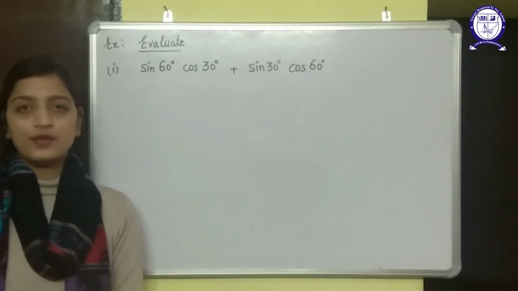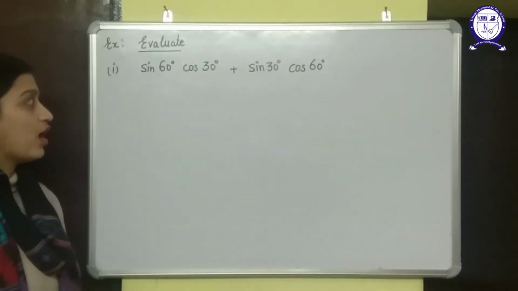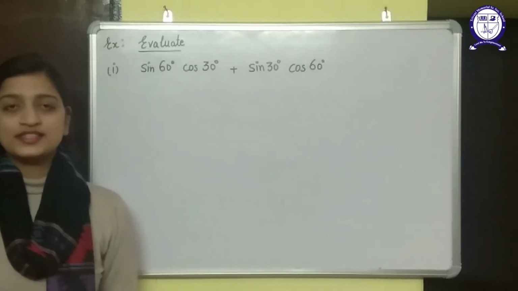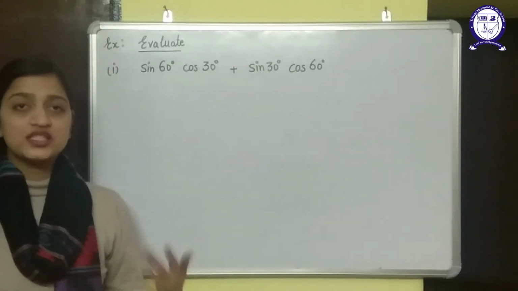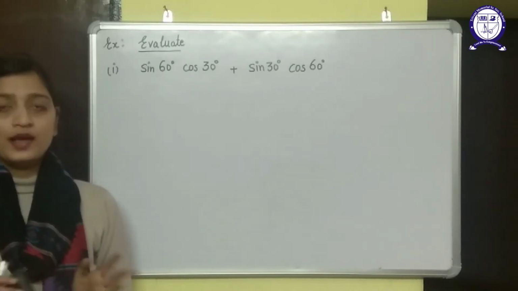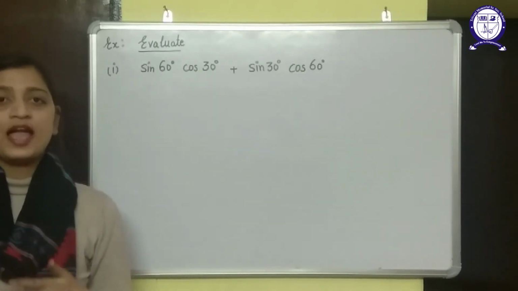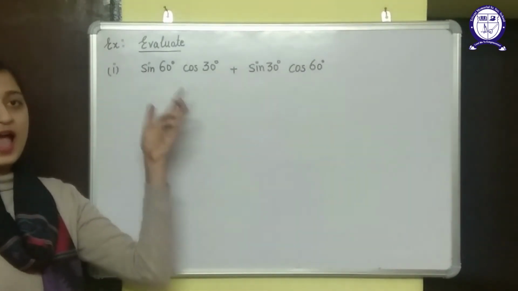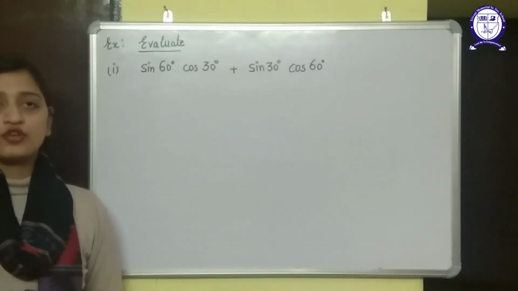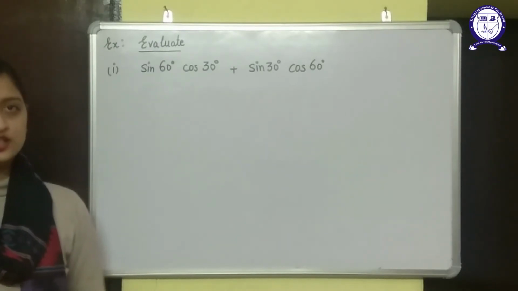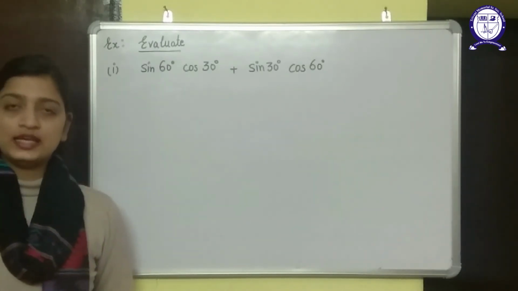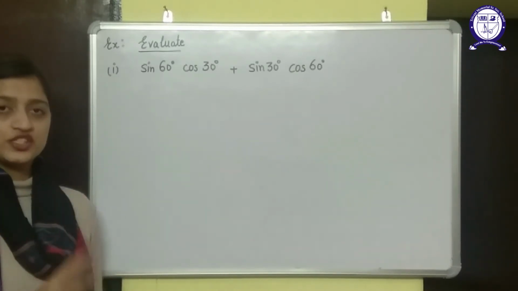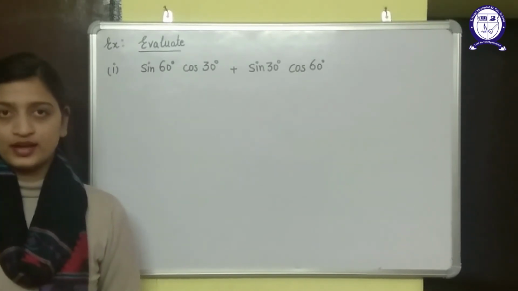Now coming to example number 1. Till now we had questions in which we had sine theta, sine A, sine B, sine C, all these kinds of things. But now instead of theta, angle A or angle B, we will have the specific values of the angle, and the values will be from the 5 values we have learned, that is 0, 30, 45, 60 and 90. Okay, so the question will be based on these 5 angles.